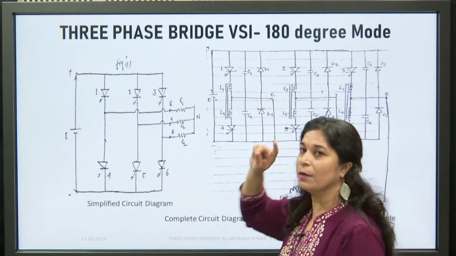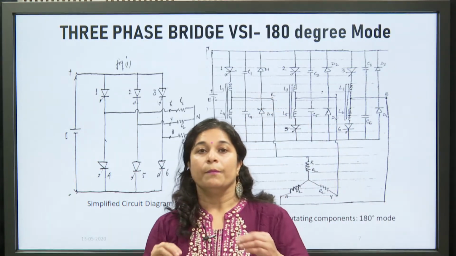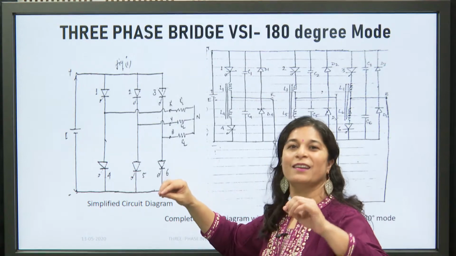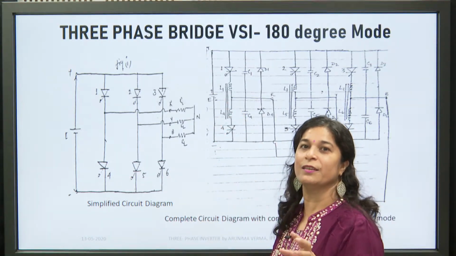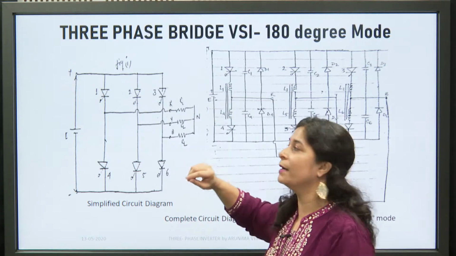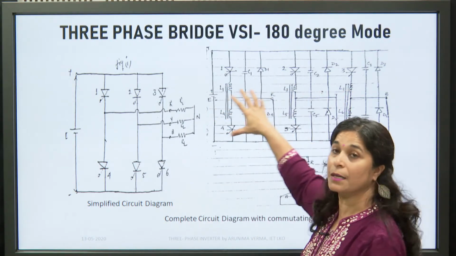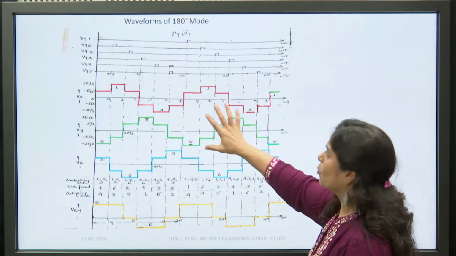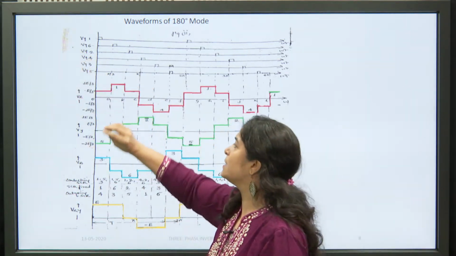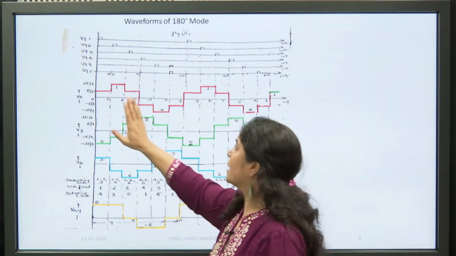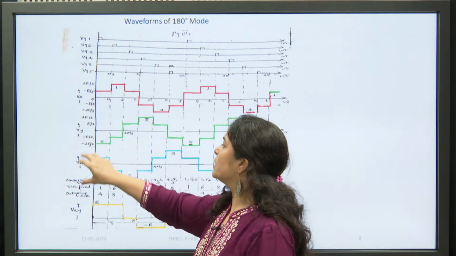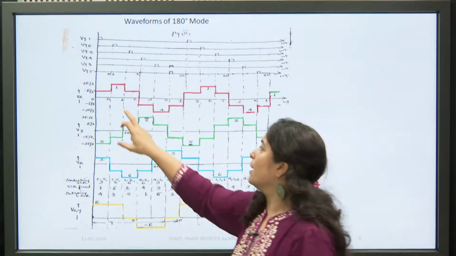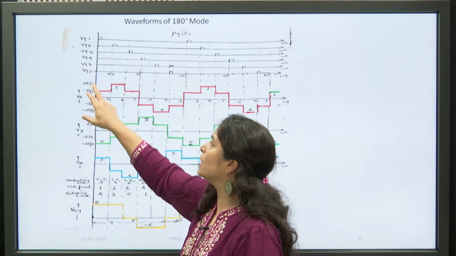Now, the special feature of voltage commutation is that to turn off SCR of one leg, you have to fire SCR of the same leg. That is the special feature which is available in voltage commutation and which is employed in 180-degree mode operation. The complete circuit diagram and the commutating components are connected in the fashion as shown. This is quite a similar waveform in the sense that the firing sequence remains the same as in 120-degree, and the phase voltages obtained vary in the fashion without passing through 0 degrees. Basically, the magnitude is determined.